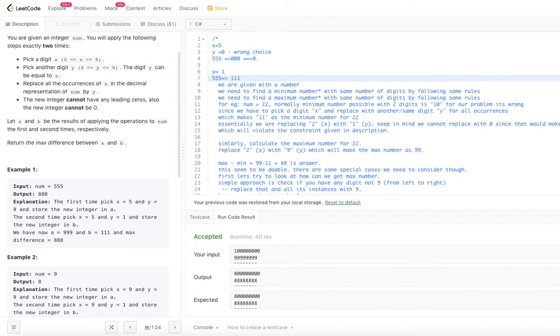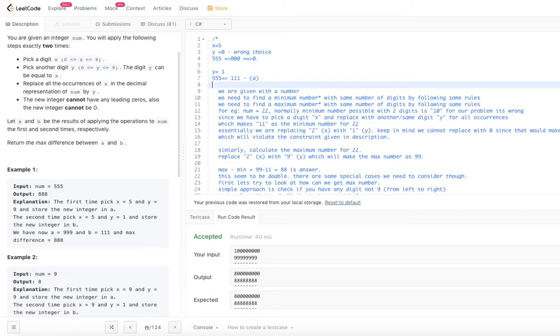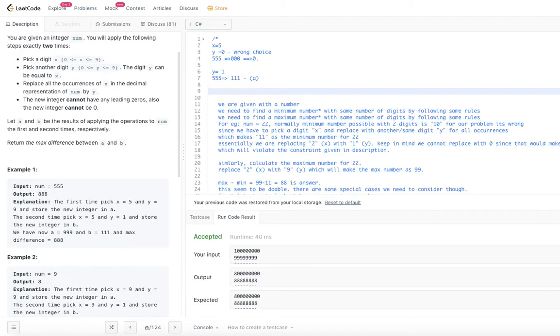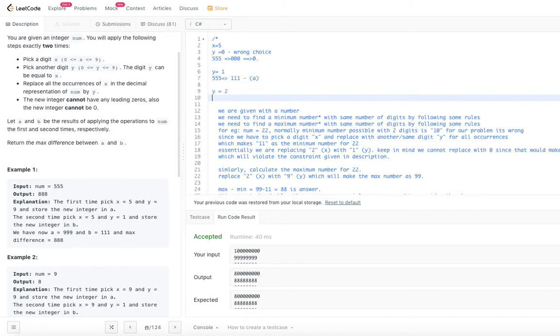Let's call this A. Since we have to apply this 2 times, A is the first number and B is the second number. So let's go ahead and pick y equal to 2. In that case, 555, if you transform it, will become 222. That will become B.